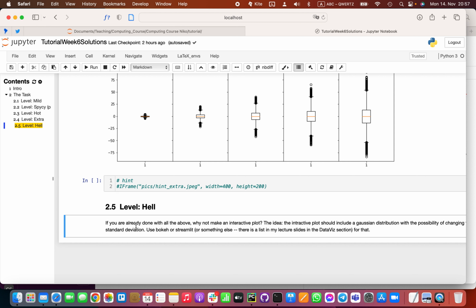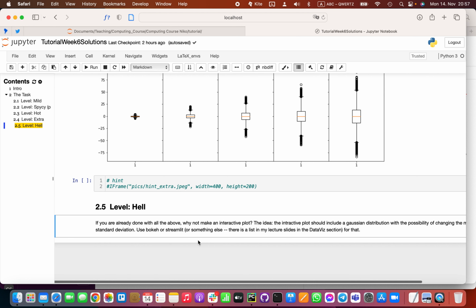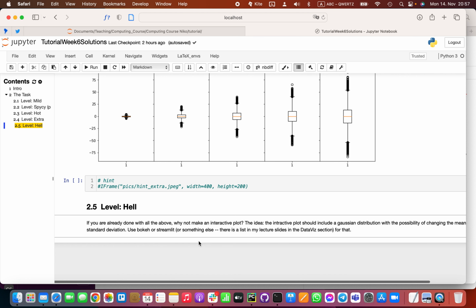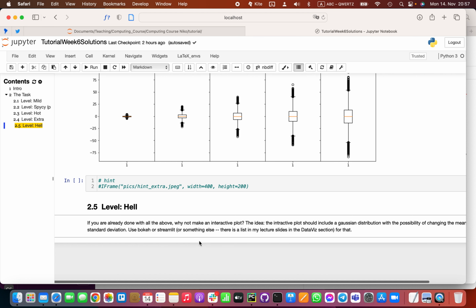My idea was to make a Gaussian distribution, and then in the web app you should be able to change the mean and the standard deviation. What I suggest you do is use either Bokeh or Streamlit or some other ways of doing that, like the libraries available for Python that are indicated in the lecture